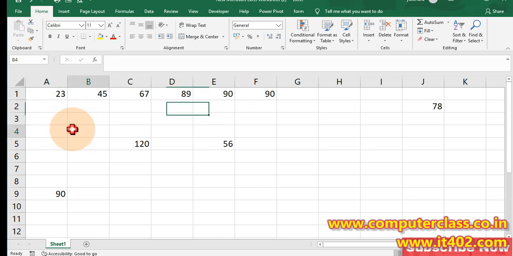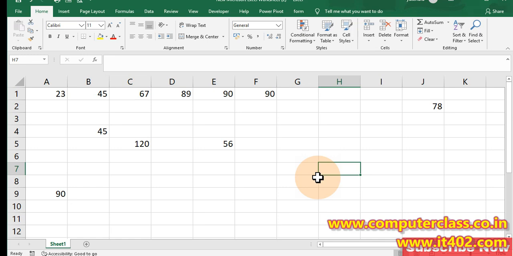But if I talk about these numbers like 45, 120, 56, 78 and 90, these numbers are not in a sequence. And if we don't know the formula, suppose we are working on Excel for the very first time, we need to learn only one thing, and that is how we can start a calculation.